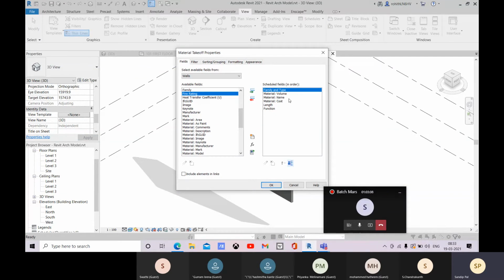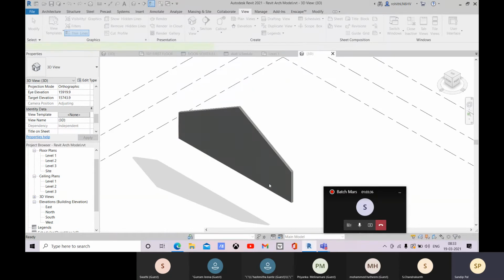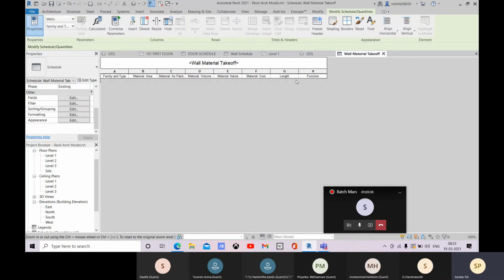Here you have this option, move parameter down. Let me place it at the top, and let me calculate area, material area, and material as paint. So let me place it over there, material area, material as paint. Okay, and here it is done.